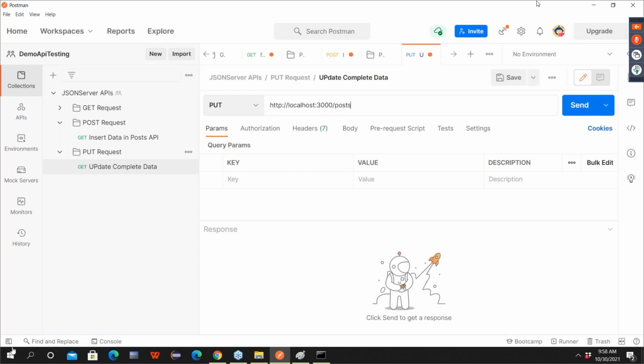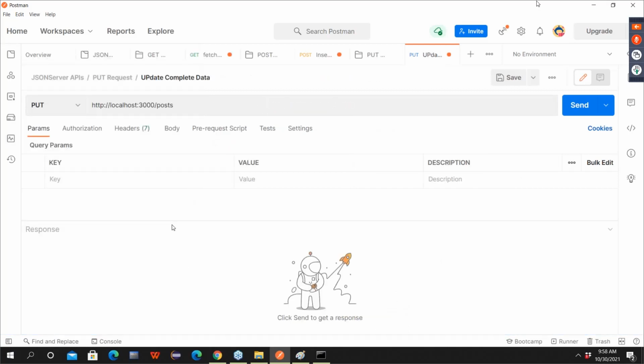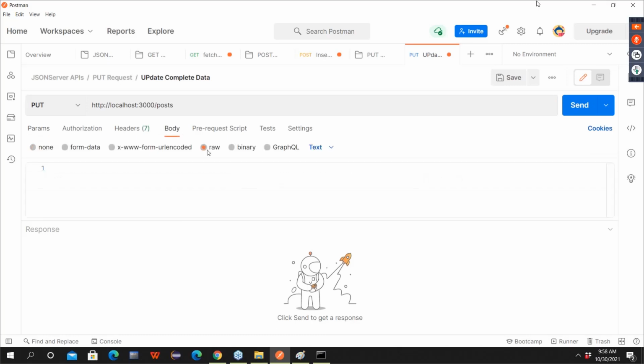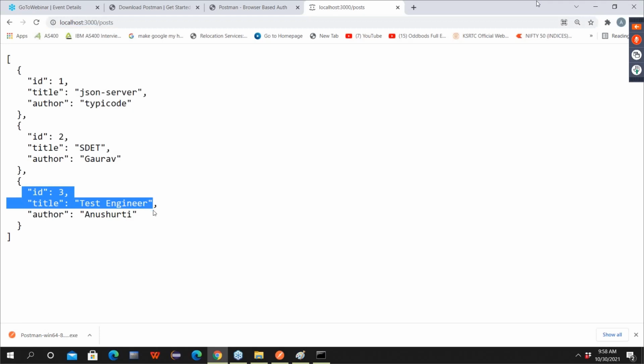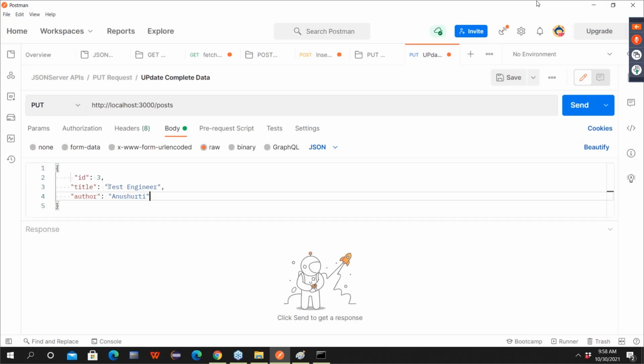Now guys, try to understand one thing. Again, we have to go to body because we have to tell which data I want to update. Go to raw. Again, same step. Set content type as JSON. And now here we will say, boss, I have this data. Here I want to update, make this as senior. And let's say the author name, I want to make this as something. So can I say I updated the whole data now?